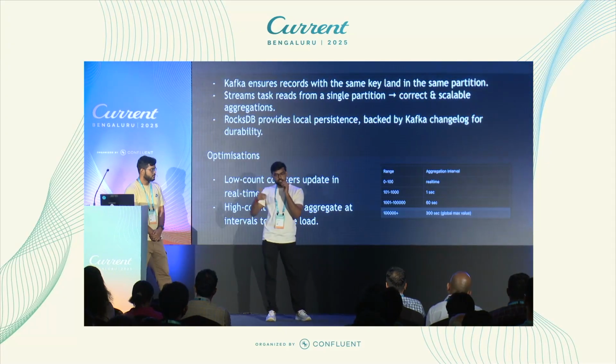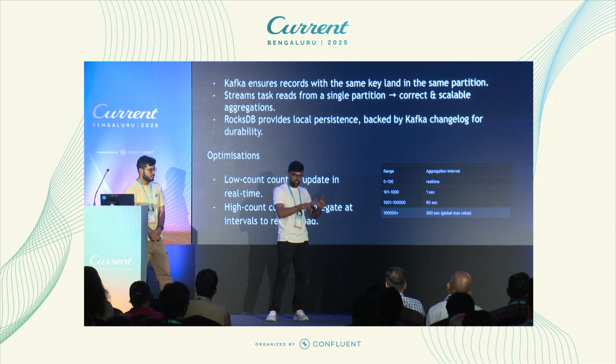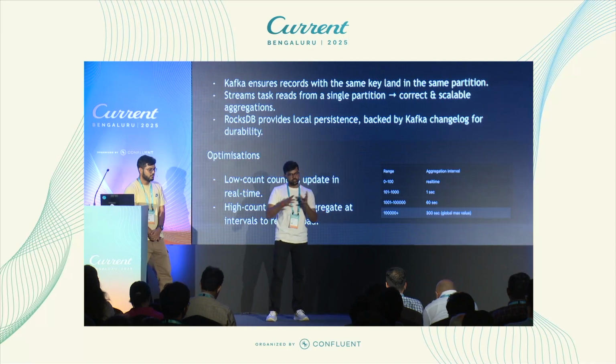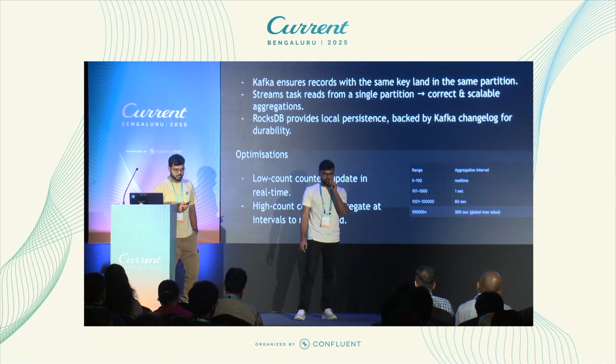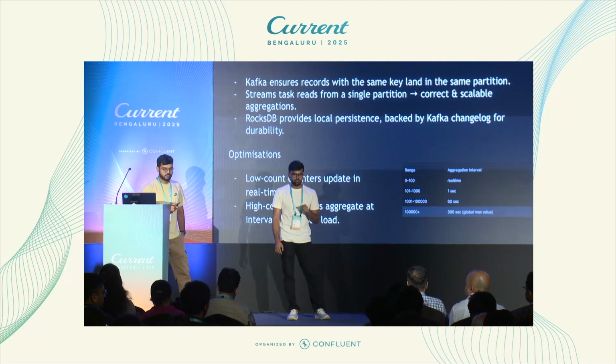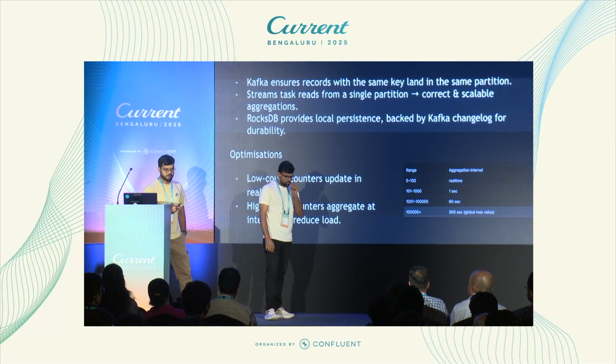This actually reduces the load on the DB, right? So for a post that is more and more popular, your DB doesn't get overwhelmed because you are aggregating for a higher interval. So basically, once you receive the request, you check in the DB for the current counter. If it is less than 100,